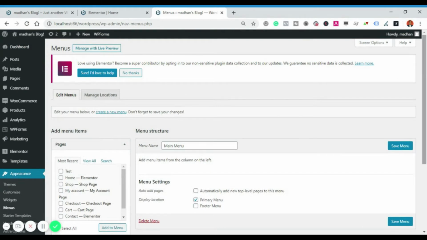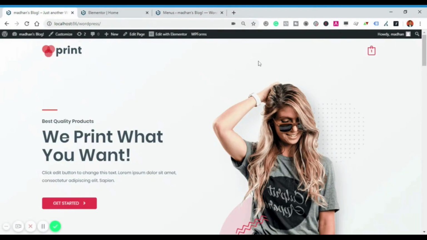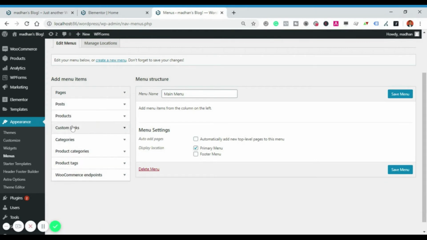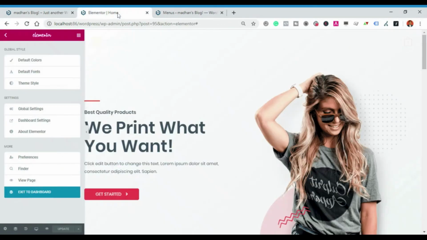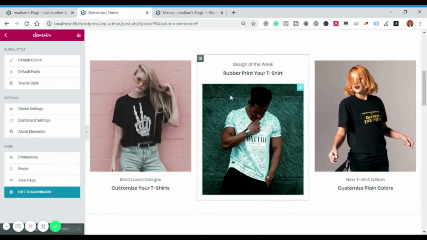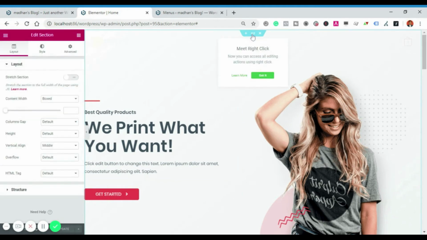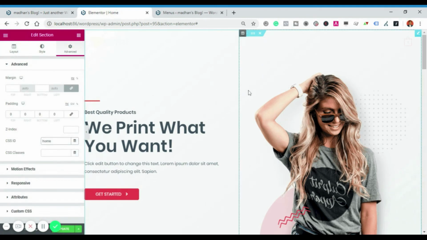Click on it. Here you can add menu links. Whatever links you want to provide on the top can be added here. On the left side, just go to Custom Links. Here you can add link text and the respective URL. Now this is the section where the user has to navigate. If you want to give a link to the first section also as home, you can give one more ID to this. Just select the first section here, navigate to the Advanced tab, and provide home as an ID for this.